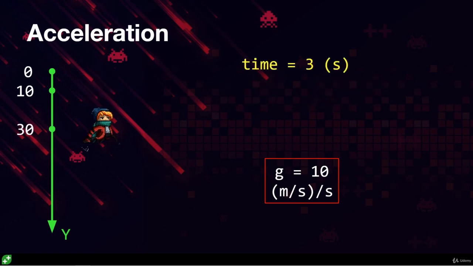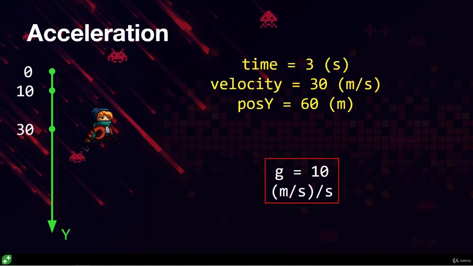1 second later, we're at 3 seconds total, and velocity gets another 10 added onto it due to this constant acceleration of 10. Now, since another second has passed, at a velocity of 30, we now have to add 30 to Scarfy's y position. So he's now at a y position of 60. So as you can see, every second, Scarfy's velocity is increasing, which means he's falling at a faster and faster rate. This is why it's so dangerous to fall from a high position, because as you fall toward the ground,